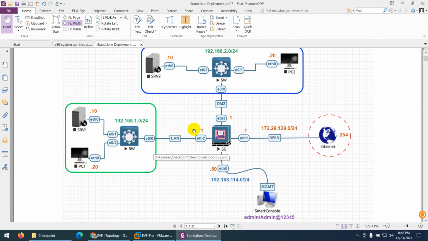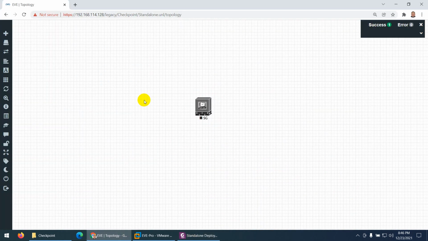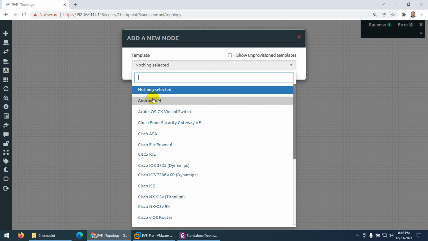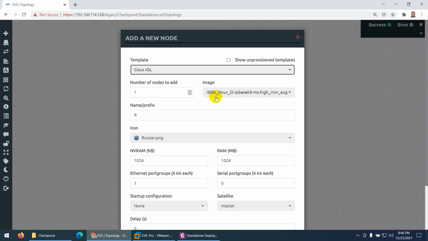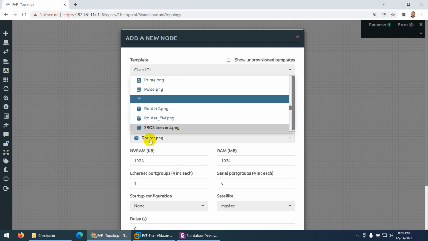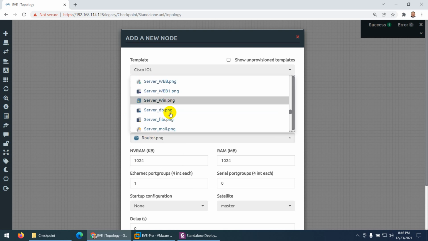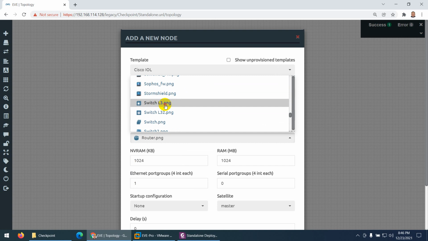The second thing we need is two switches where we will connect our devices. So right click, go to node, and I need to go to IOL. These are IOU switches. You can use any other switch if you want. I just need two switches, so type 2, and here just change the name to switch and change the icon to switch. Let me type S, and then I need to go to switch.